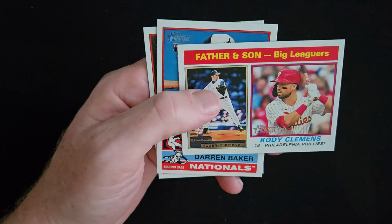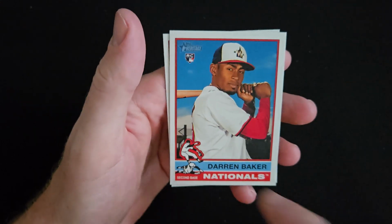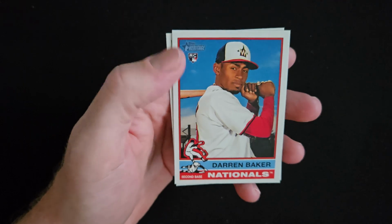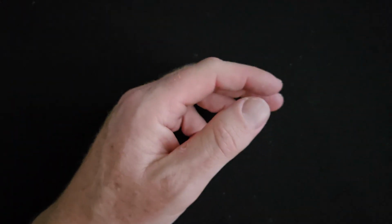Cody Clemens, father and son, big leaguer. Hopefully Cody goes on to a good future. Darren Baker, another father and son. He's the son of Dusty Baker. It's a Darren Baker rookie. Tristan Casas. So will it be one